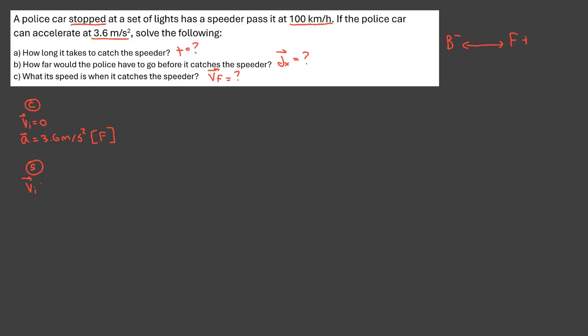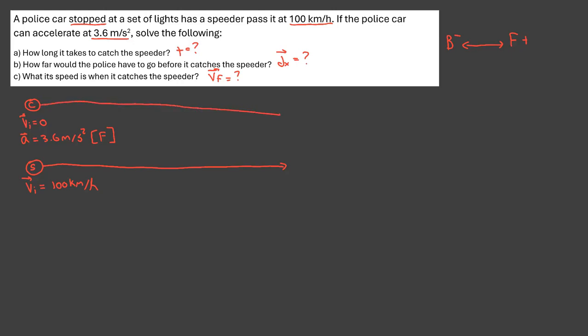We'll classify this as some initial velocity of 100 kilometers per hour. And they're going to be speeding right by the cop. And then right at that instant, where it passes the cop, the cop is going to start accelerating at 3.6 meters per second squared